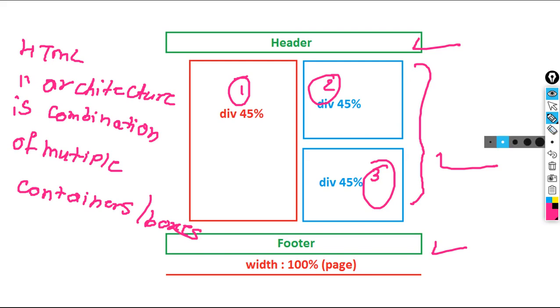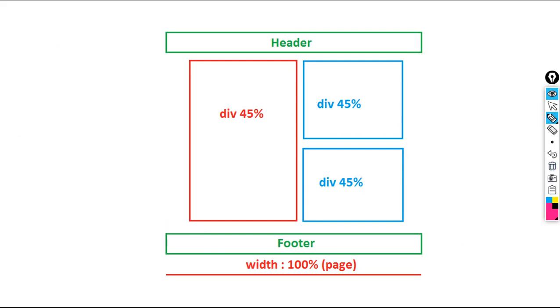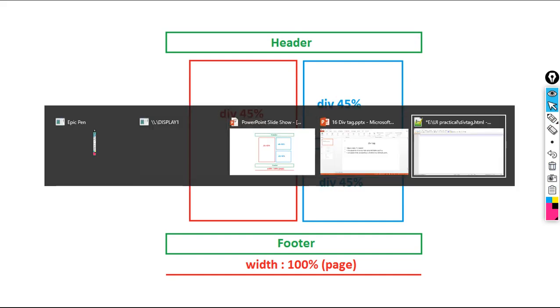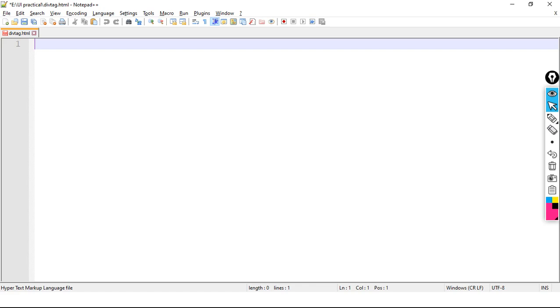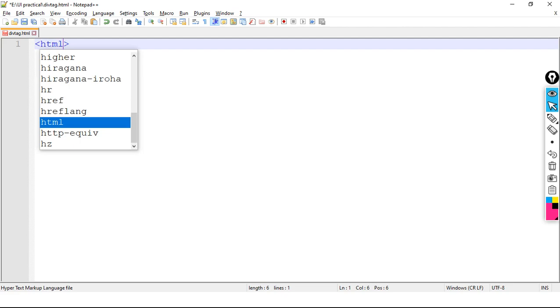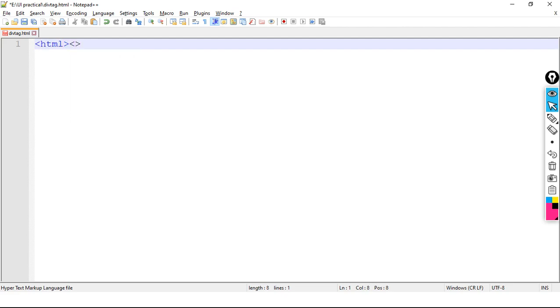Now let's experience the same with a practical example with coding. Coding is very important. We have an editor, Notepad plus plus editor. So what I'm going to do: HTML opening and HTML closing, declaring this is an HTML file.